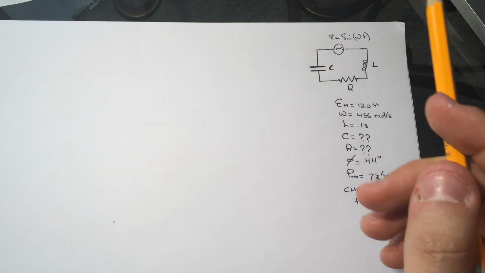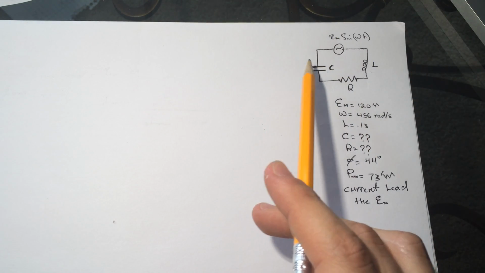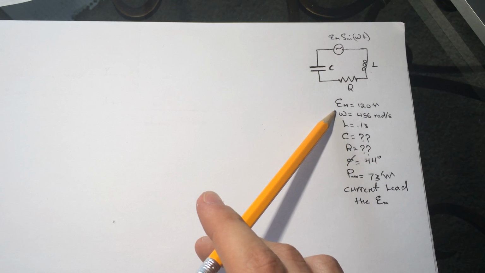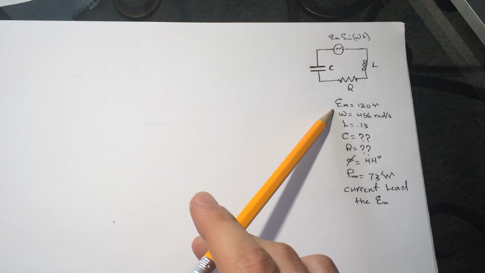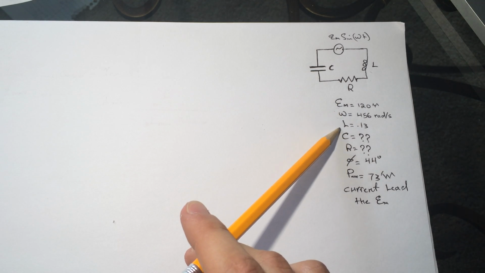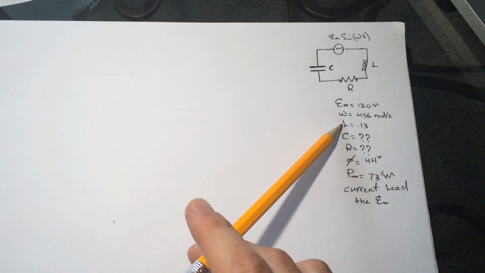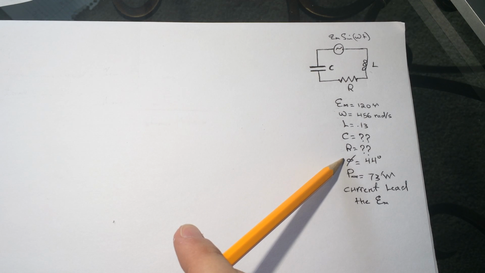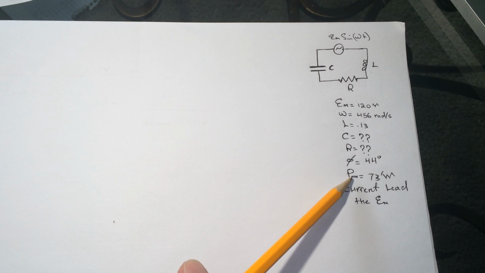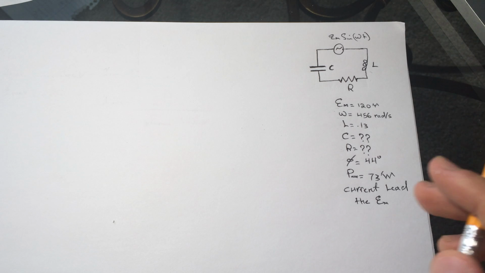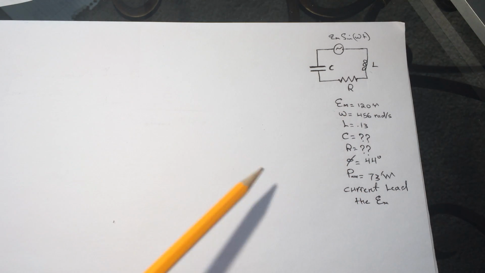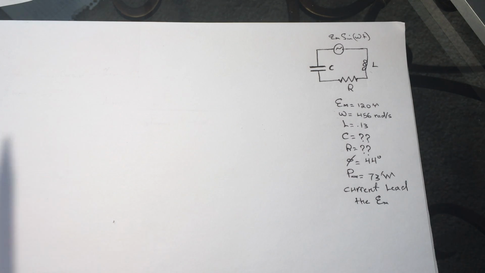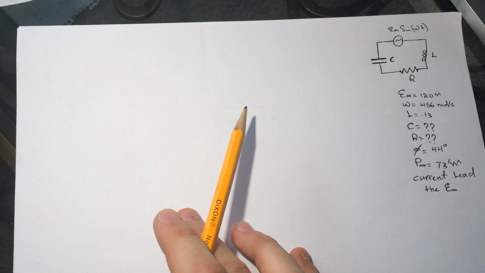Okay, here's our beautiful circuit. It has a generator, capacitor, resistor, inductor. They gave us the maximum voltage for the generator, the omega, and the inductance, and these are unknown. And the phi, and the power delivered to the circuit by the generator is 73, which is P average for the generator. Okay, so the first question it's asking,